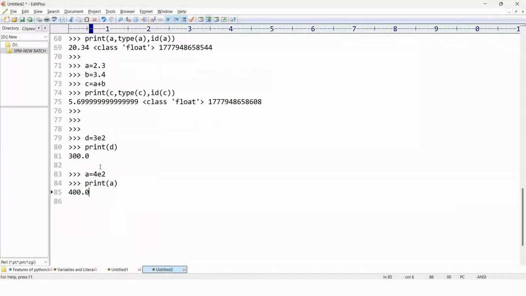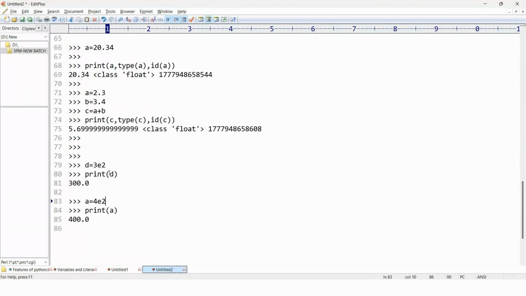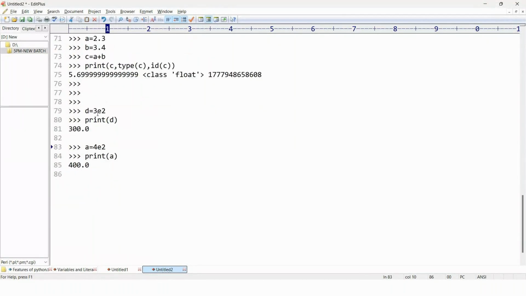Okay, so basically what I'm trying to say is this is the exponentiation, right? Mantissa E exponent. What it says is 3 is the value, with exponentiation of 2. That is 10 to the power of 2, right? So 3 multiplied with 10 to the power of 2 is nothing but 300, it is going to give, right? So that is the Mantissa E exponentiation.